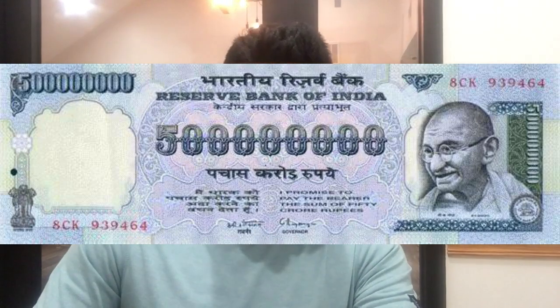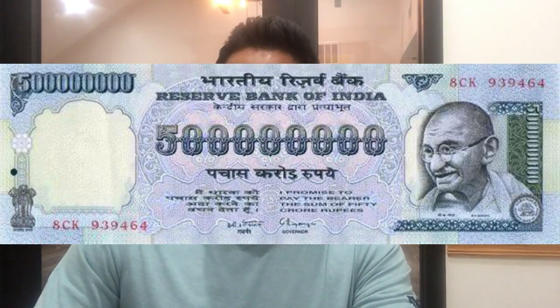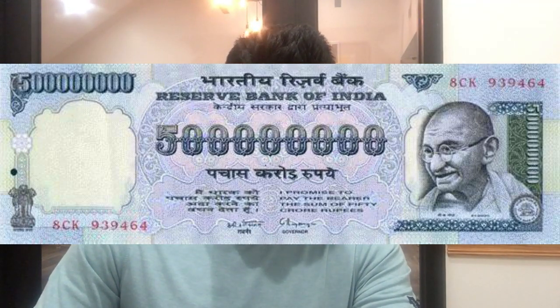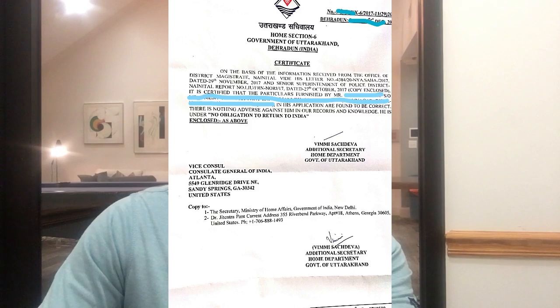The state government or the secretariat will call out for a police verification. The police will verify whether these documents are correct or not. The police will also verify your address, and finally the police will send this report back to the government of the state, which will issue you a NORI or a clearance certificate that will be mailed directly to the address that you have provided to the Consulate General of India.